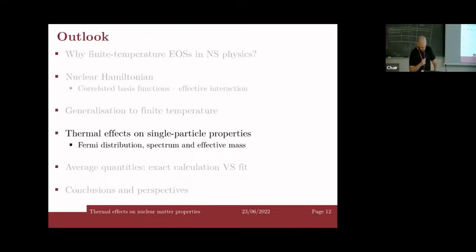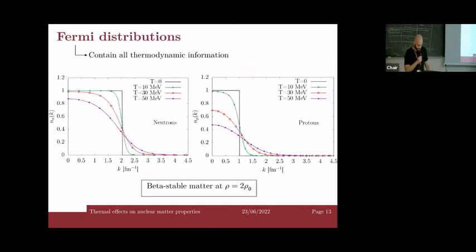And now some of the results regarding the differences between the zero temperature scenario and the finite temperature scenario. Let's start with the Fermi distributions. As a baseline for our comparisons here, we are taking neutron, proton, electron, and muon beta stable matter, right? And it's important to say that at finite temperature, neutrinos should also play a role in the chemical potentials. In the comparisons that we show here, we are not taking the neutrinos into consideration, but this is just a baseline. Of course, we could add neutrinos as well if we wanted to talk about the neutrino influence.